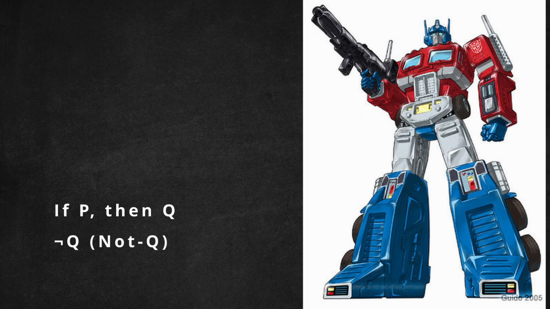Consider this version of the syllogism. All humans are mortal. Optimus Prime is not mortal. Therefore, Optimus Prime is not a human. This syllogism is formally valid. If all humans are mortal, then someone being immortal is sufficient to establish that they aren't human. In fact, Optimus Prime is a transformer and not a human, so the conclusion is true.